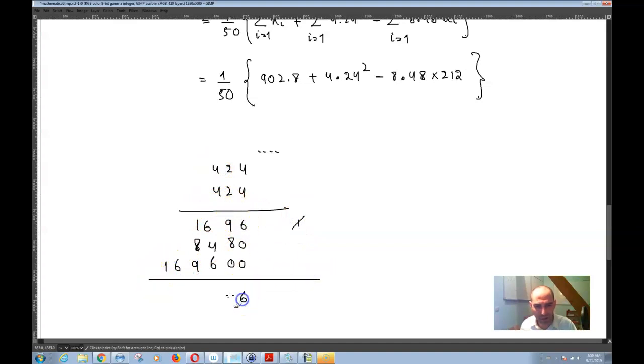So I have a 6 over here, 7 plus 10 is equal to 17, 1. And over here you have 10 plus 9 is equal to 19, 1. That's a 7 and that's a 1. 4 decimal places